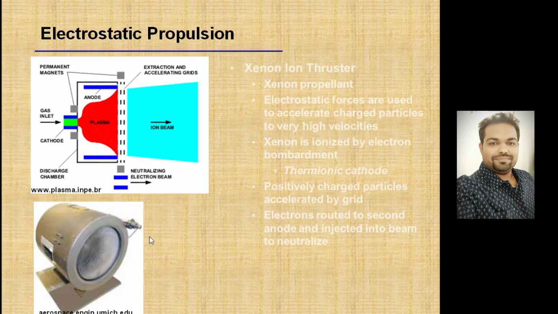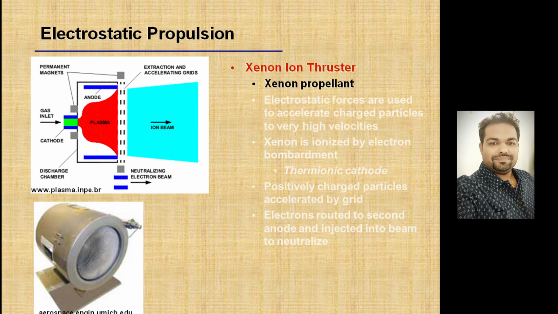Next is electrostatic propulsion. In electrostatic propulsion, you develop plasma, and that plasma accelerates at high speed through the screen to create the thrust. An example is the xenon ion thruster. Xenon is the propellant, which comes from here. If you look at the geometry, these two are permanent magnets. The same setup is available here. This is the cathode and this is the anode. Two anodes are there, and the purpose of the anodes is to absorb or control the reaction,